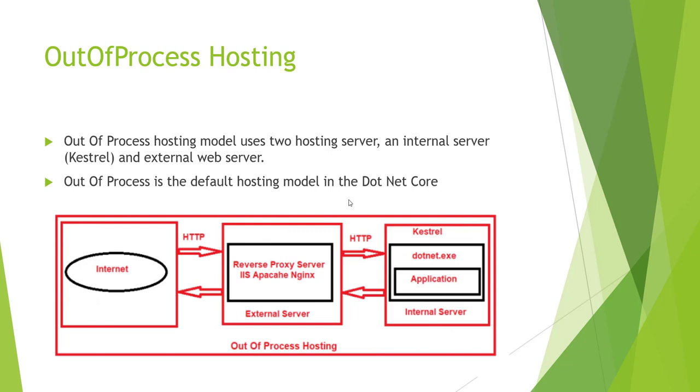As we already discussed, Kestrel web server is a cross-platform web server that is already embedded with your ASP.NET Core web application. So if you are using the out-of-process hosting model for your ASP.NET Core application, then the Kestrel web server can be used in the following ways. Way one is we can use Kestrel web server as the internet-facing web server, which can directly process the incoming HTTP requests. Way two is the Kestrel web server can also be used in combination with a reverse proxy server such as IIS, Apache, or Nginx.